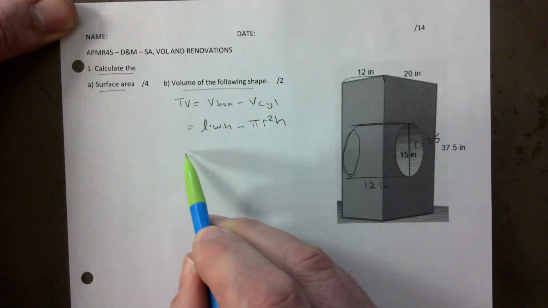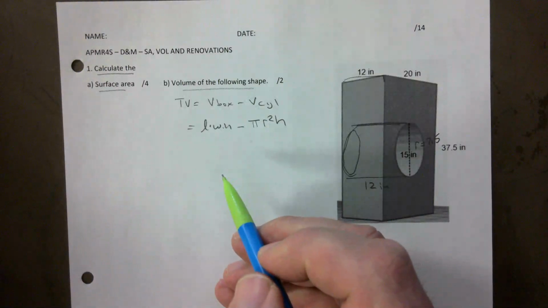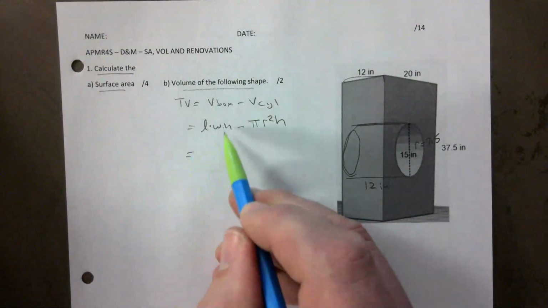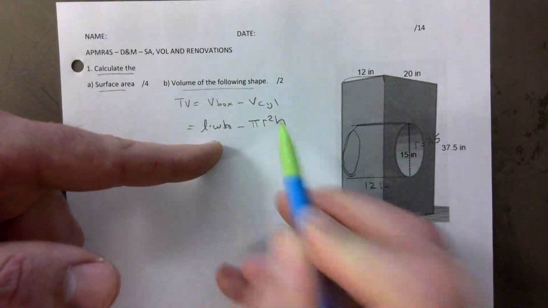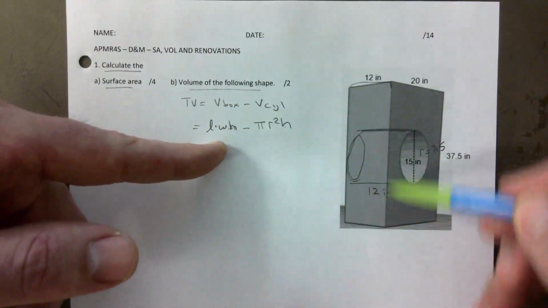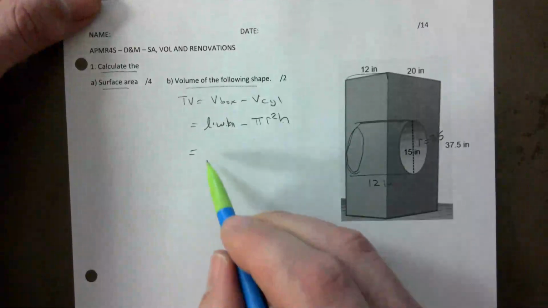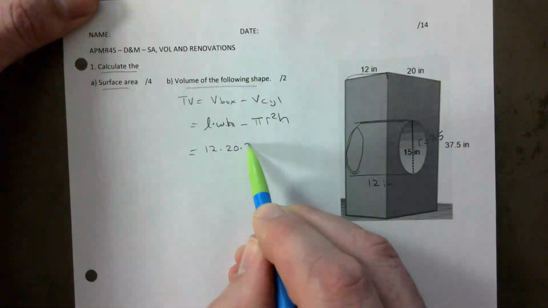Should I distinguish between the h's? I think you can probably be careful enough and not, but you have to make sure you don't think they're the same height. This height refers to this, whereas this height refers to the height of the box. So be careful. So I'll just go length times width times height